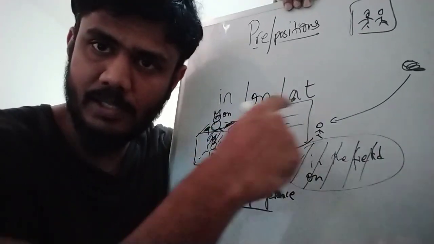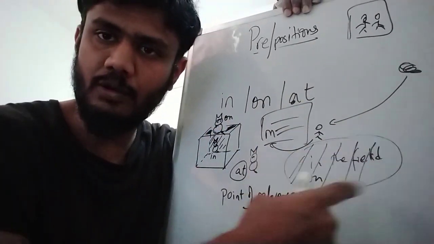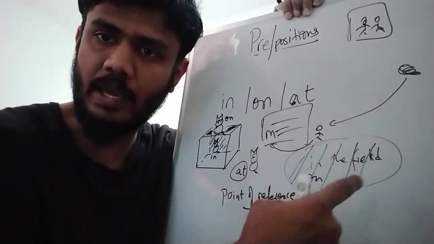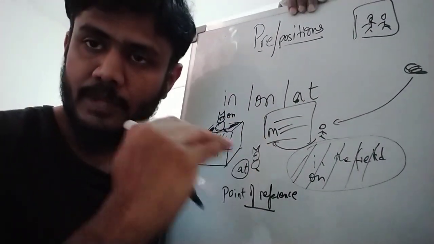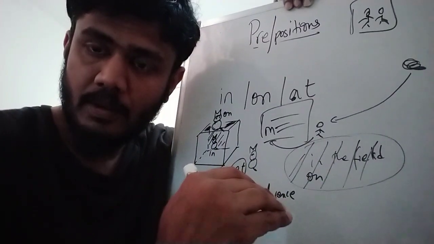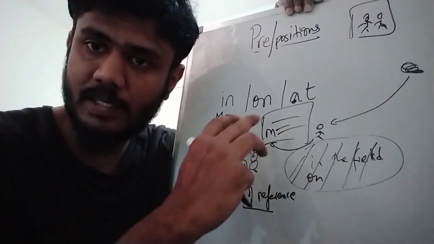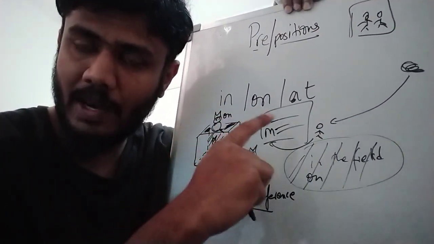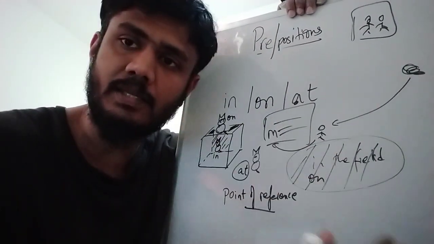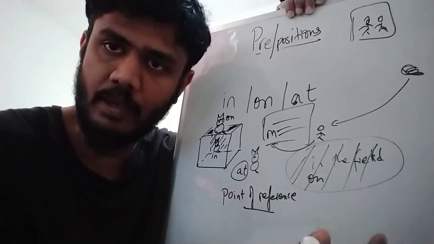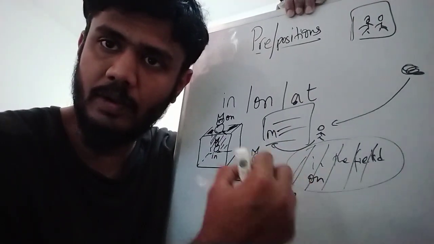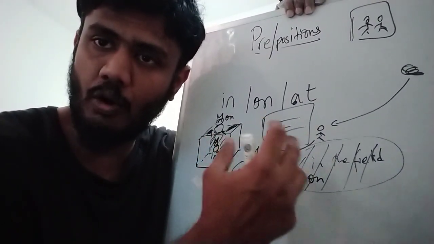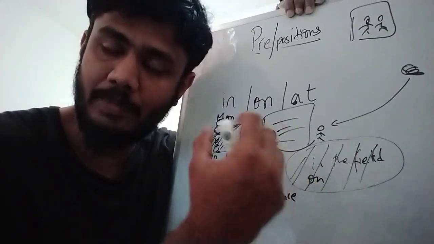And in is used to denote that something is within a boundary area, and on is used to denote that something is on the surface. Okay, so I'm going to end this video here because this in, on, and at sometimes are the biggest confusion for a lot of people. Okay, so we've understood what prepositions are, we've understood what they do, we've now understood the difference between in, on, and at as prepositions of place and prepositions